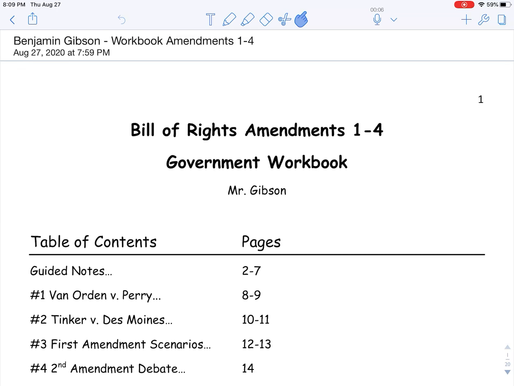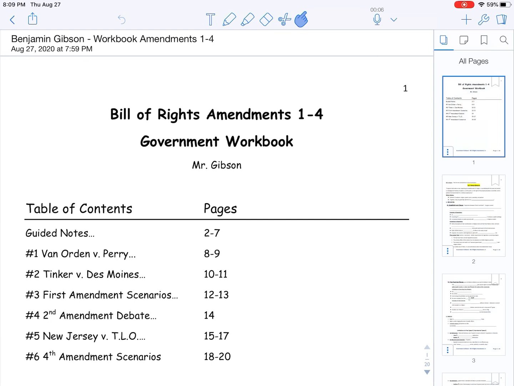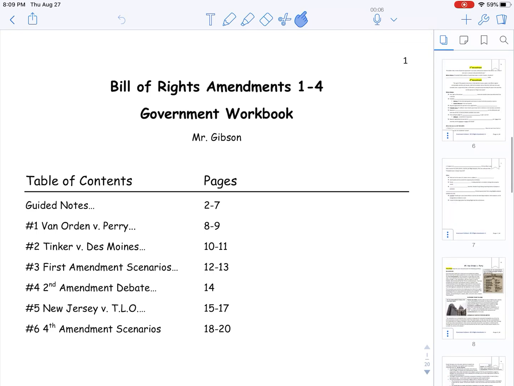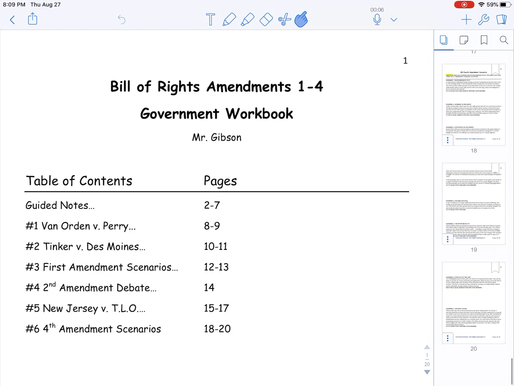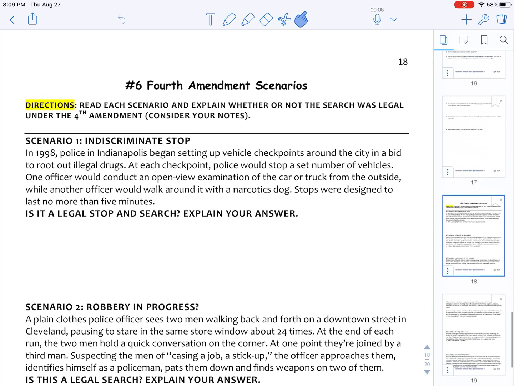On the top right hand corner you'll find these sets of pages over here. If you click on that, it'll open up a series of pages that you can navigate to. So if you're looking for activity number 6, you can scroll a little bit faster down through here to find the page number, say 18, and there you have it. Okay? Now you can add bookmarks with this and notes as well, but a better tool for you might be